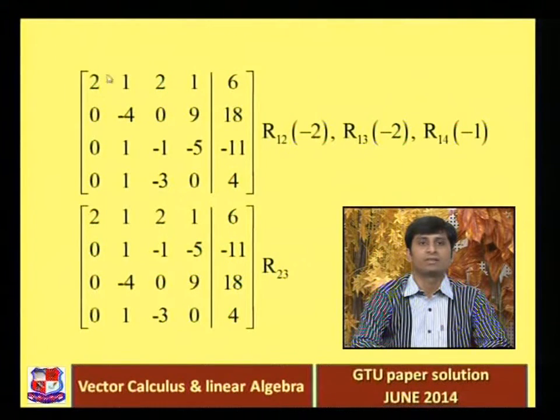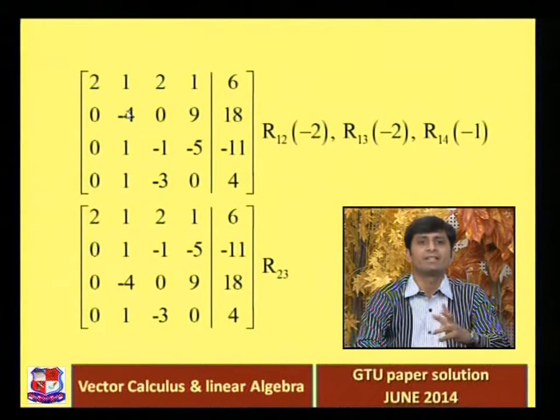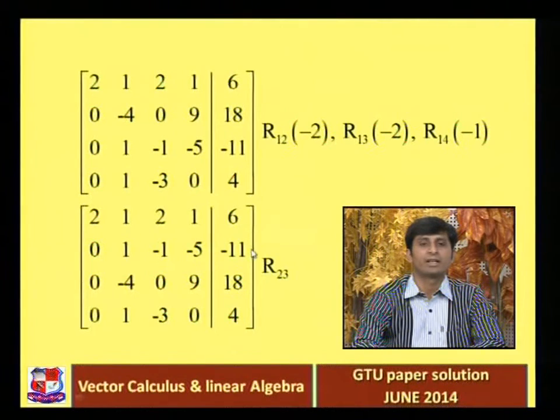So in the first row this is our leading entry, below that leading entry we have all 0. In the second row this is our leading entry, right? So this leading entry is not 1. If we make our leading entries 1, it's quite easy to make the other elements 0, right? So that's why we are interchanging the second and third rows. So the first and fourth rows are as they are. You can see the next step is